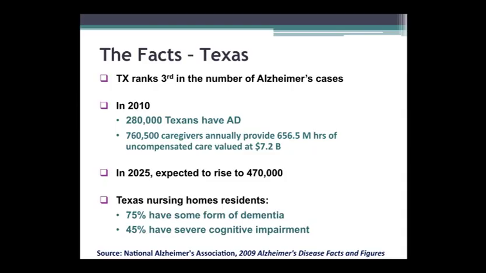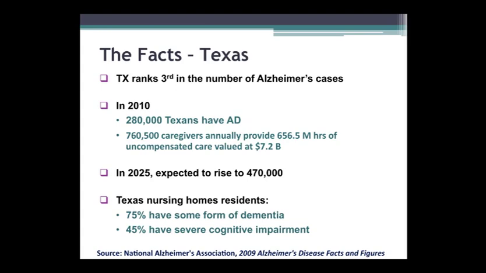So it's a huge burden to the system cost-wise, but from the social standpoint, it is also a big burden for Texans, for Alzheimer's patients, for caregivers, and for family providers. It is projected that in the year 2025, this number will rise to 470,000 Texans with Alzheimer's disease, and therefore the amounts of hours required for caregiving and the costs related to Alzheimer's disease in Texas are going to increase